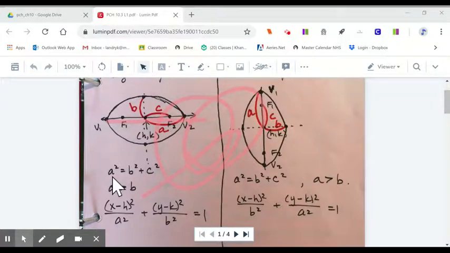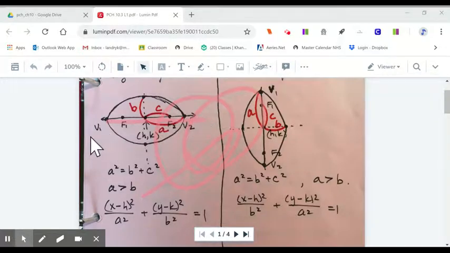Okay, so to continue in this horizontal major axis, a squared is equal to b squared plus c squared. And the equation of a horizontal ellipse is such that (x minus h) quantity squared divided by a squared, because